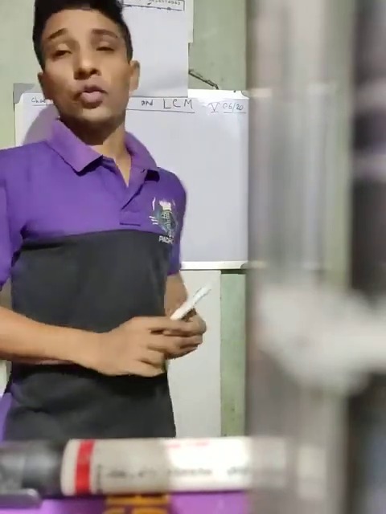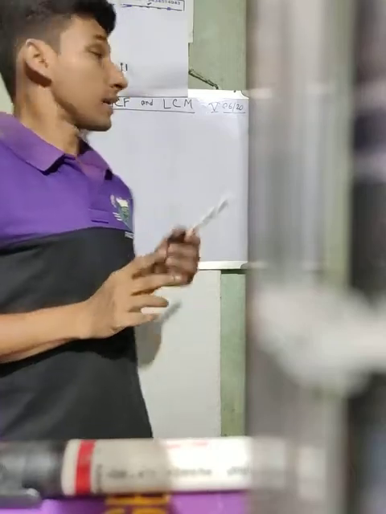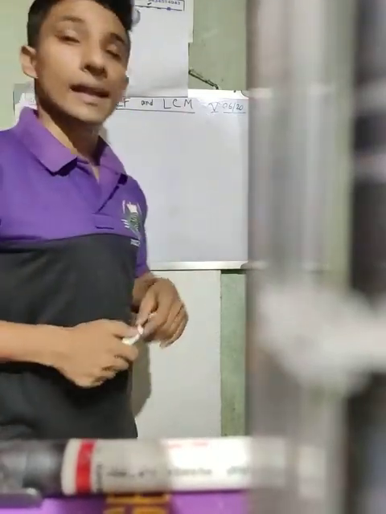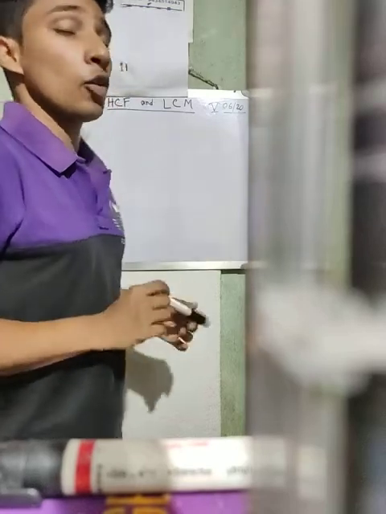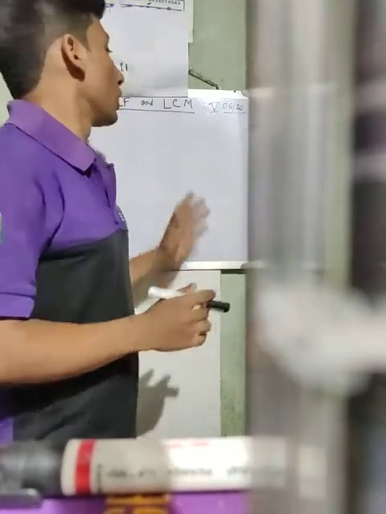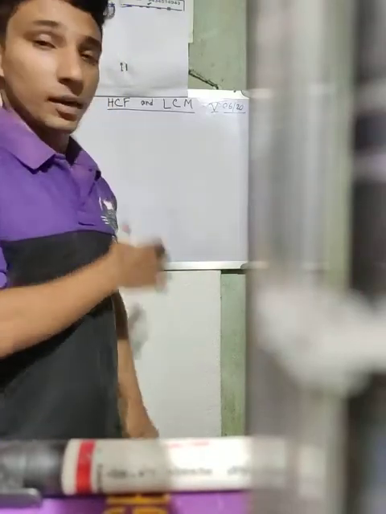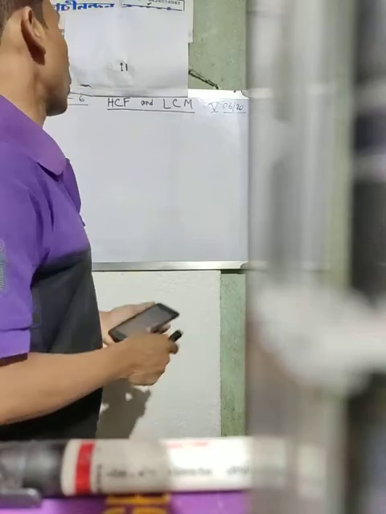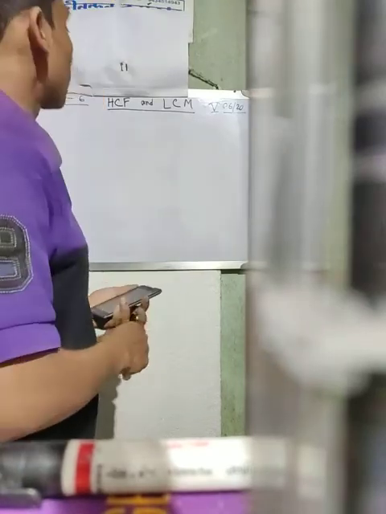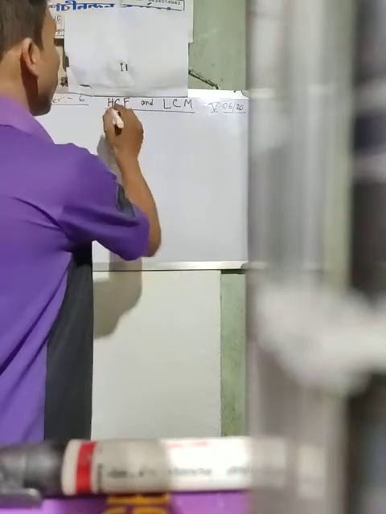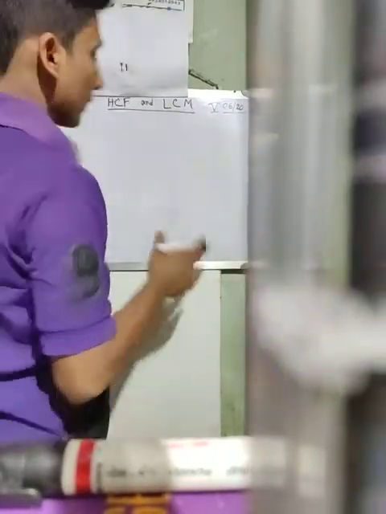Okay, so today I will start your chapter 6, which is HCF and LCM. I hope you have read the chapter multipliers and factors very well, because this chapter is related to that. It is required. Before starting this, at first you have to know the full form. In this class I will discuss only HCF, not LCM. In the next class I will discuss LCM.